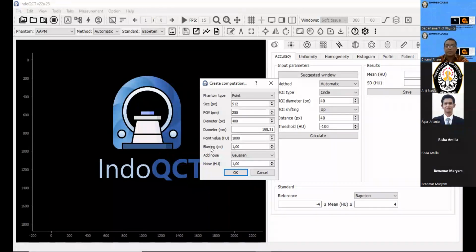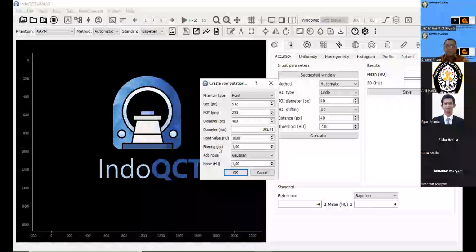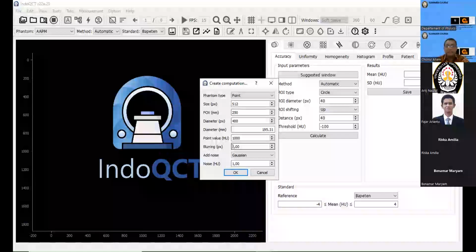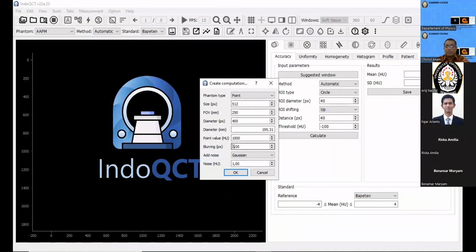The standard deviation of our Gaussian is considered as the standard blurring. In this example, we can use 1 pixel, 2 and so on. I will use 1.